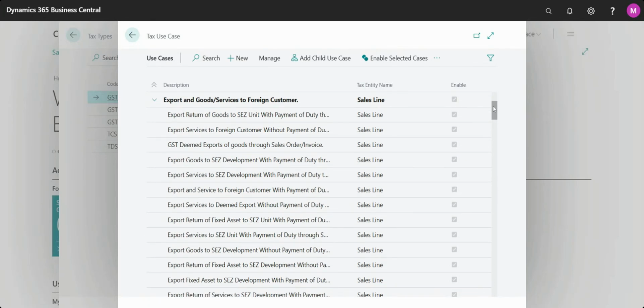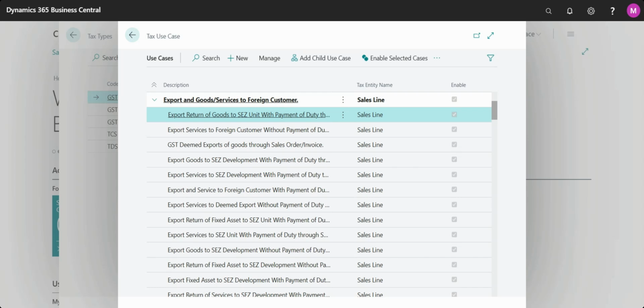You can check other things. If it's showing sales line, it means it will work on sales, and either it may be order, sales invoice, and quotation or blanket orders or lines related scenarios. So you can check the description, the use case, the scenario name.